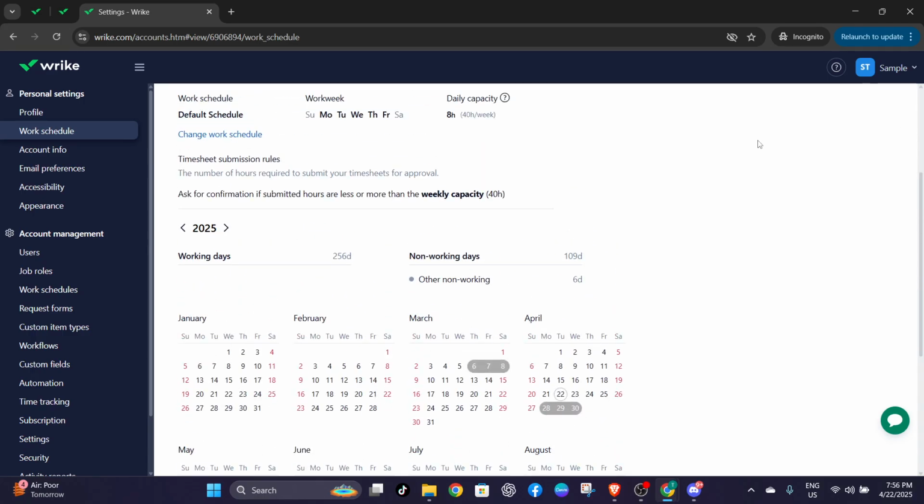Understanding Wrike's organizational structure is key. Spaces, folders, projects, and tasks are the building blocks. Tasks are meant for short-term or single-step items